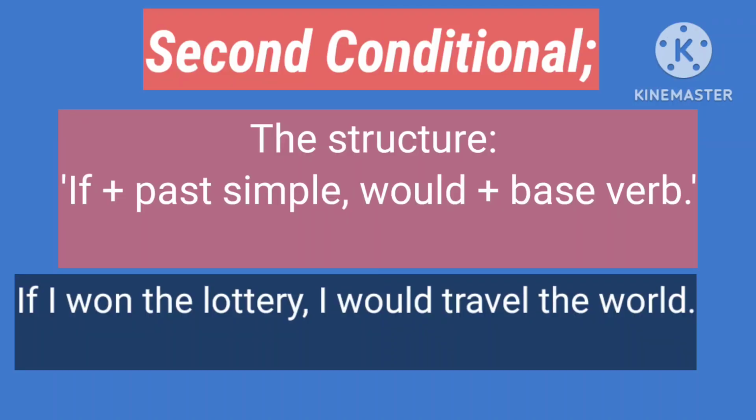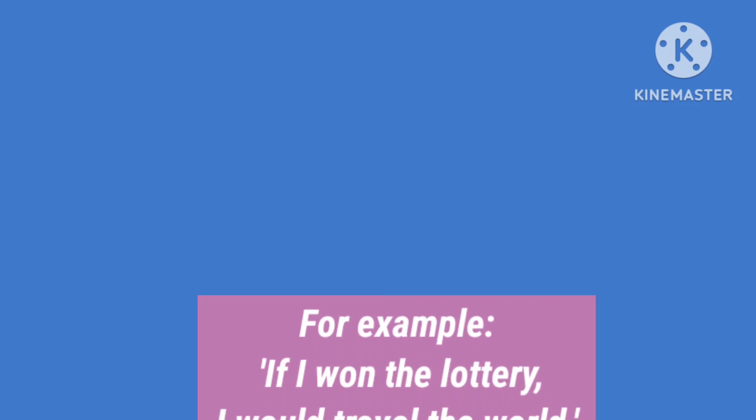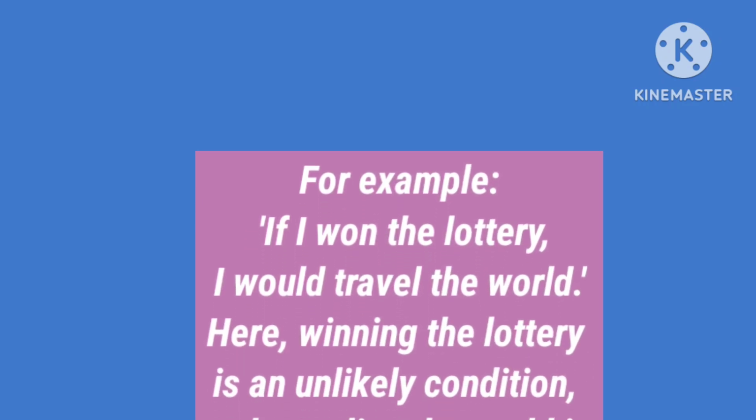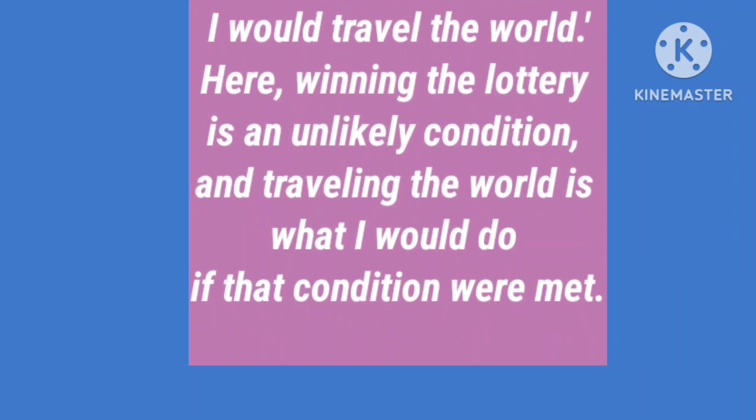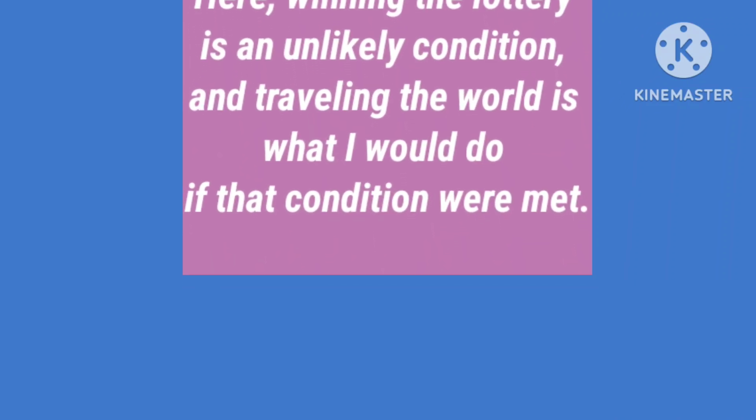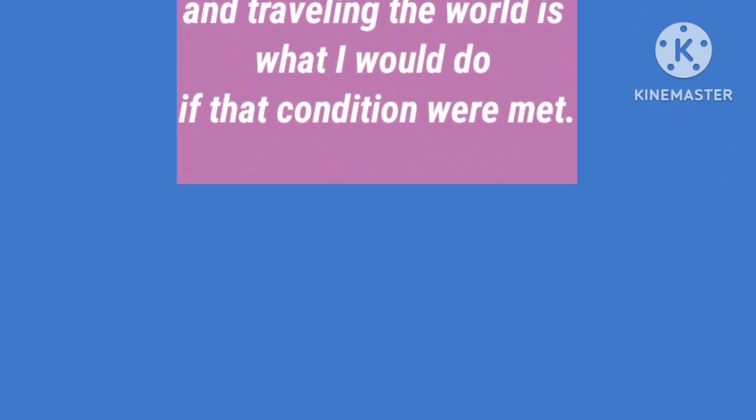The second conditional is used for unreal or hypothetical situations. The structure is if plus the past simple tense followed by would and the base form of the verb. For example, if I won the lottery, I would travel the world. Here, winning the lottery is an unlikely condition, and traveling the world is what I would do if that condition